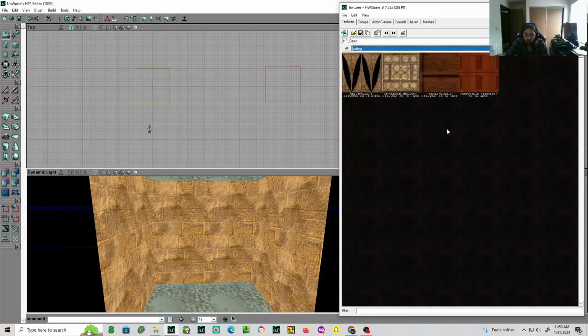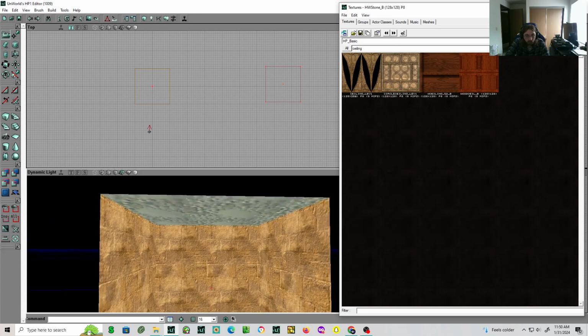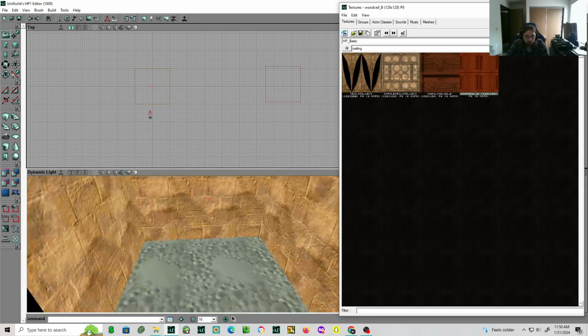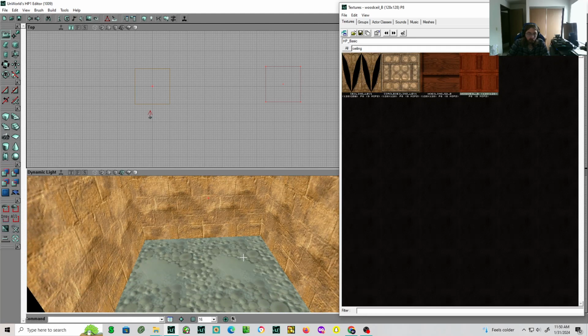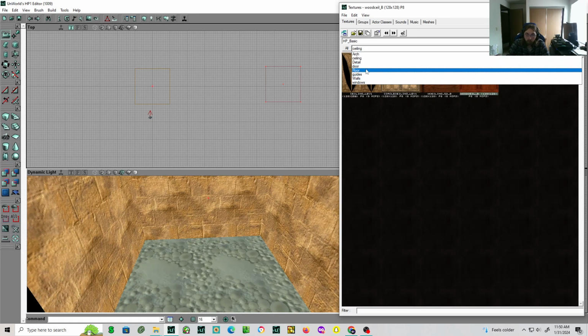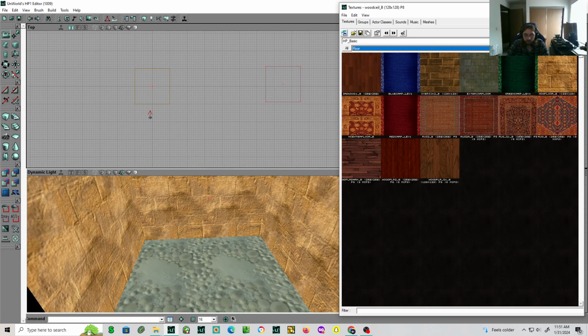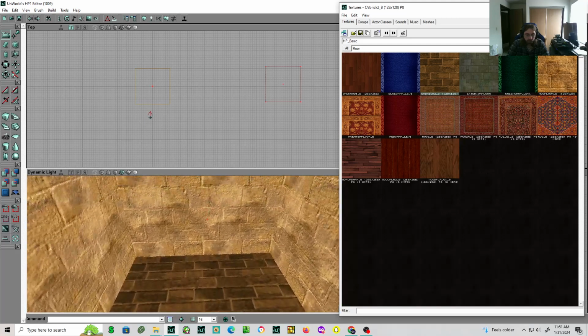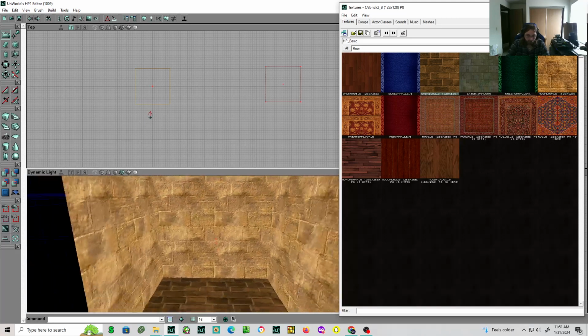So I want to go to ceiling. We'll move the camera and then we'll click there, and then we will do this one. So we finished our ceiling. Now we'll go to the floor. And I think we'll do this one. So now that we've applied our textures,